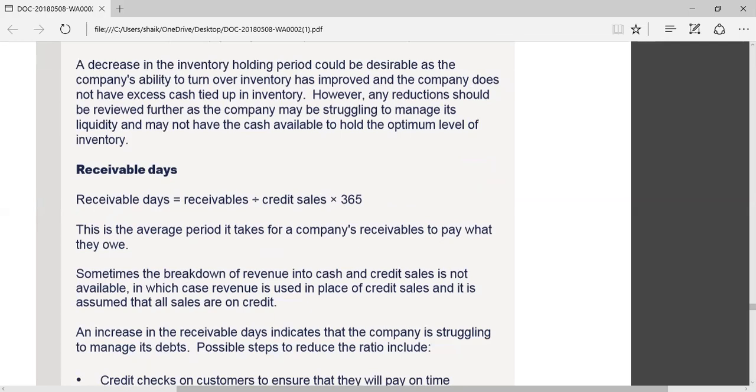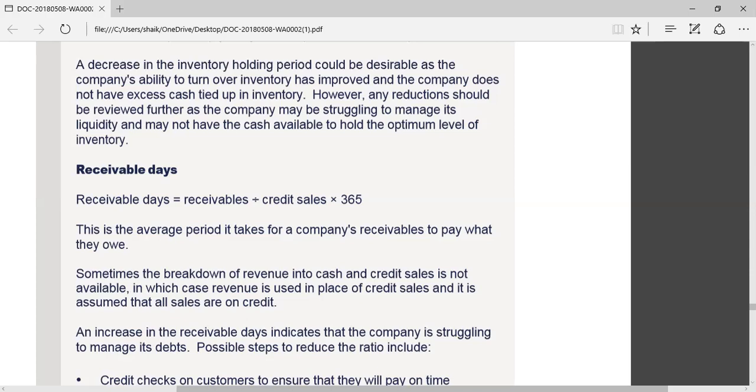And it is assumed that sometimes you won't be given the credit sales. In this formula I've been dividing by the credit sales. However, if I'm not given the credit sales, it is assumed that we'll go for the sales or revenue that we are given. An increase in the receivable days ratio indicates that the company is struggling to manage its debts. Possible steps to reduce it include